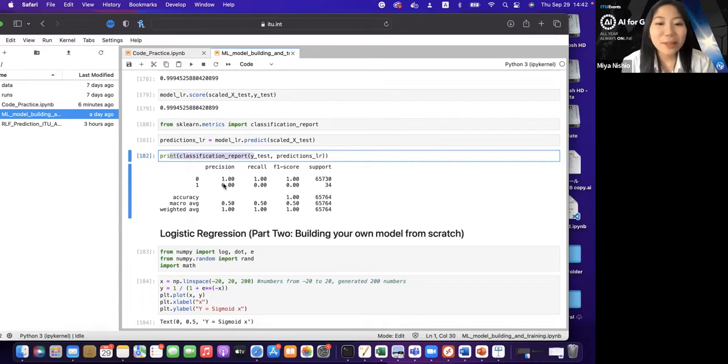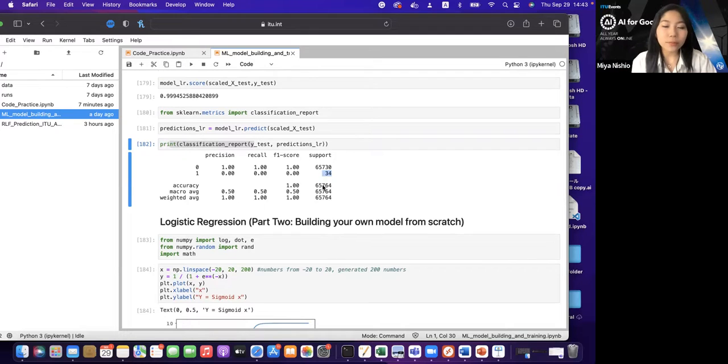So as you can see, this is terribly bad. One reason for this is obviously because there are many more zeros here, which is the false, and there are much, much fewer trues here, which is 1. So there's only 34 in comparison to 65,730. So obviously, as I mentioned before, this is incredibly biased and probably not the best way to go about doing it, but this is just an overall run through of how you can.